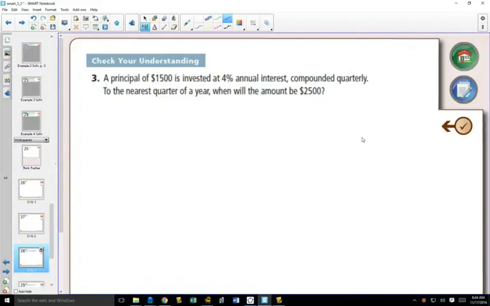So this question doesn't have the formula. Since the formula is not on your formula sheet, it would be built into the question. So the question would have started with: compound interest formula is